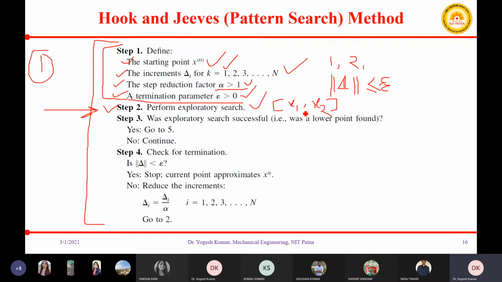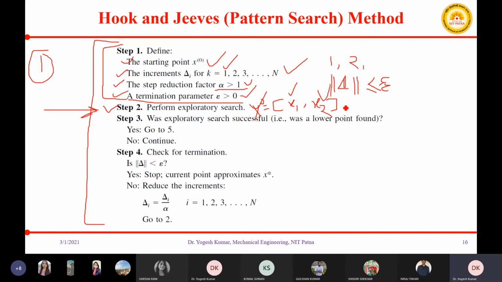Suppose this is your x0. Then you will give an increment first in one direction, say x1. Then the second point you will get by giving an increment in the x2 direction, keeping x1 constant. And when you are giving an increment in x1, you need to keep x2 constant.